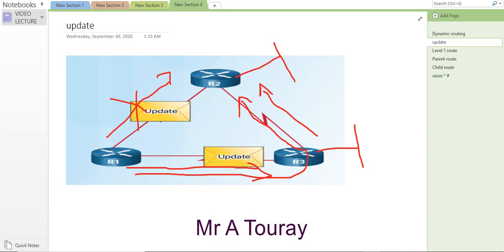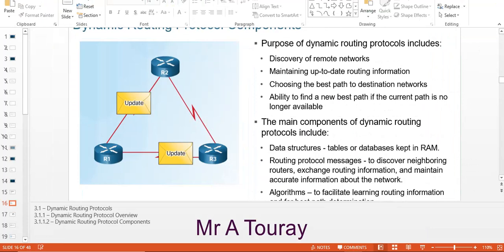So if this link automatically comes down, for instance, router 1 would say, oh, I lose this link to router 3. Router 3 will say, okay, you can no longer use this link through me, so try another way. So router 1 will say, okay, I have another way here, so I'm going to activate this link now to communicate, and send an update to router 2 saying that I was using that other link, but it is down, so therefore I am using you to communicate. So the communication will come to router 2, then to router 3, and then to router 3's LAN because this link has gone down. I hope this is very clear. So that's how dynamic routing protocols work.